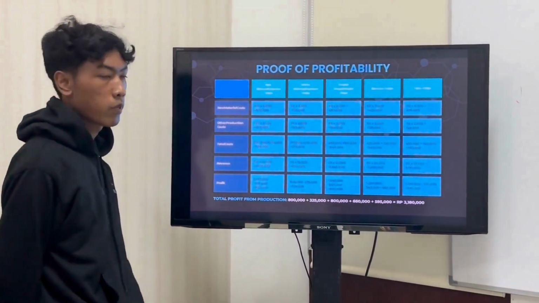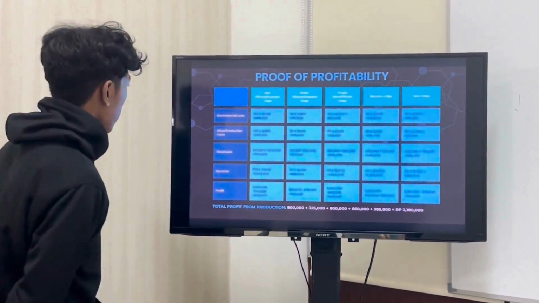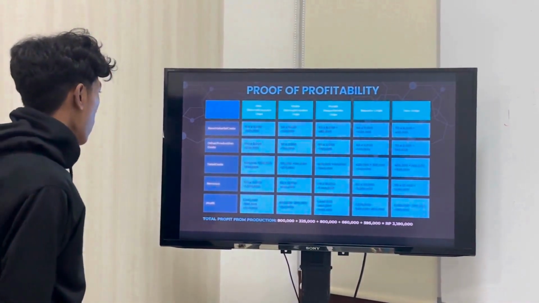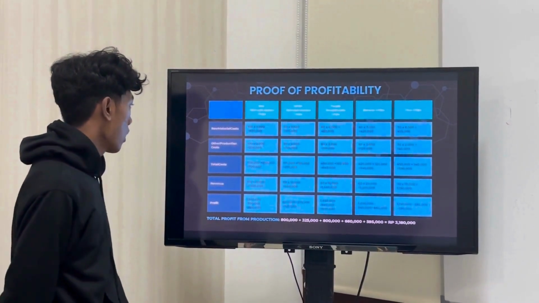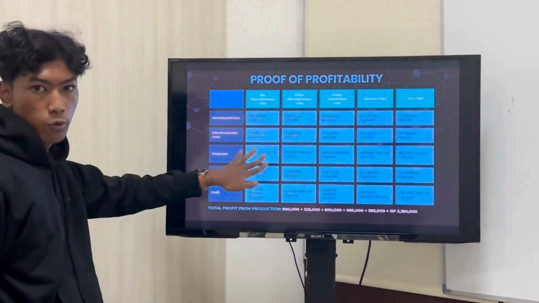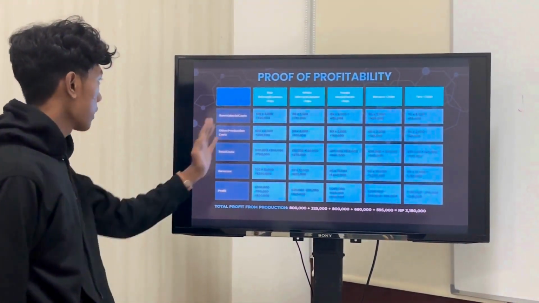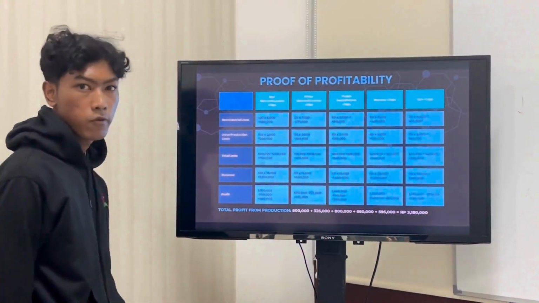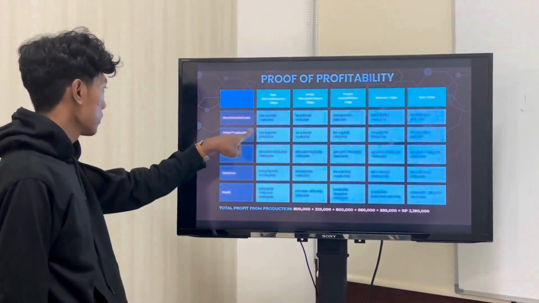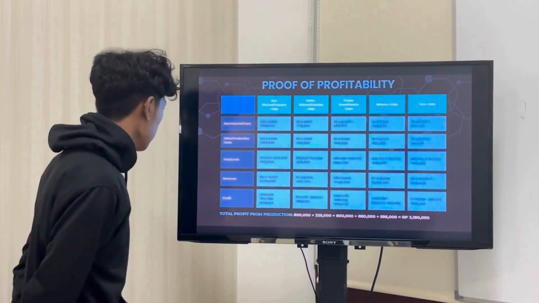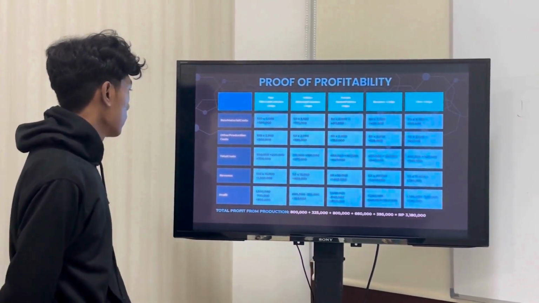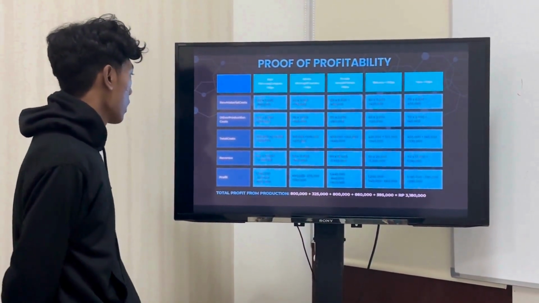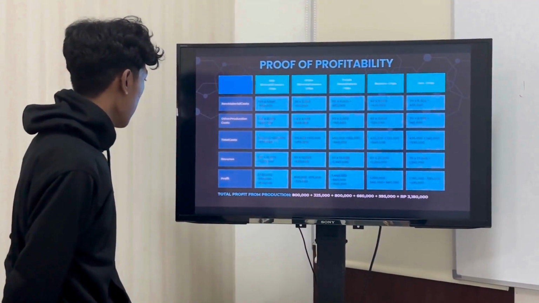The proof of profitability consists of the raw material cost, the other production cost, the total cost, the revenue, and the profit. The raw material cost is the quantity times the raw material cost. For example, for the red skin cassava chips, the quantity is 100 times 5,000, which is around 500,000 rupiah. The other production cost is the quantity of 100 times 2,000, which is around 200,000, and the total cost is